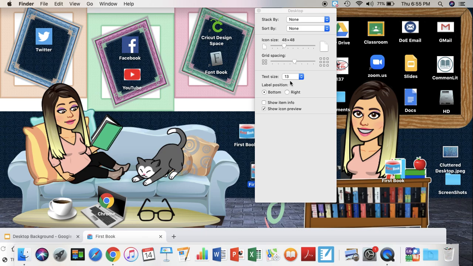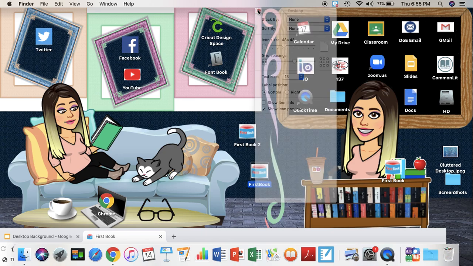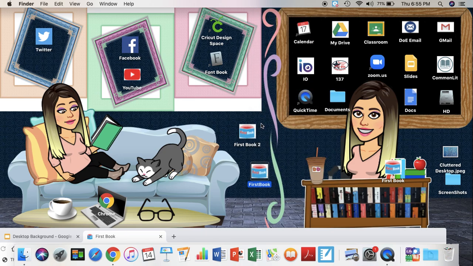You can also change the text size underneath them, as well as whether or not you want the text to be on the right side of the logo or on the bottom. And this you can all play around with until you find the aesthetics that you're looking for. So there you have it. That's how you take your Bitmoji scene, turn it into your desktop, and have all the stuff you need easy